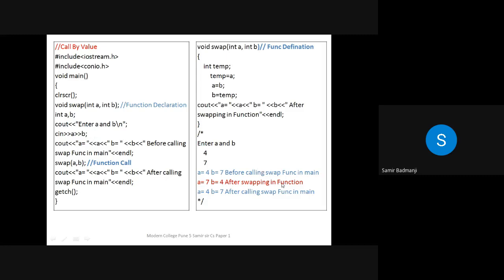See, calling a is 4 and 7, then after swapping in the function it becomes 7 and 4. Then after you go back to the main function and print the values again, it remains the same. So all of you understood call by value? Yes, sir.